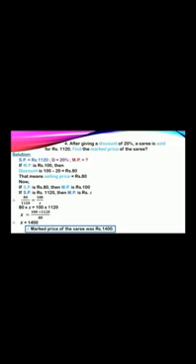Solve one more sum. After giving a discount of 20%, a sari is sold for rupees 1120. Find the mark price of the sari. Now children, here what they have given you? They have given you the selling price of the sari is 1120 and they have given you discount 20% and you have to find out the mark price, that is MRP of the sari, that is the mark price of the sari.